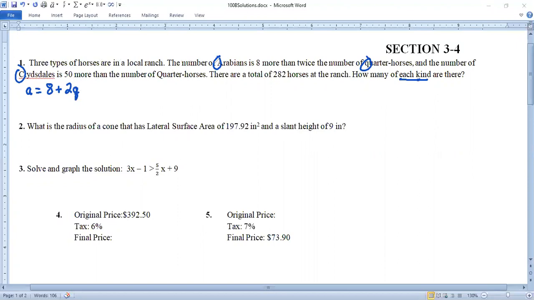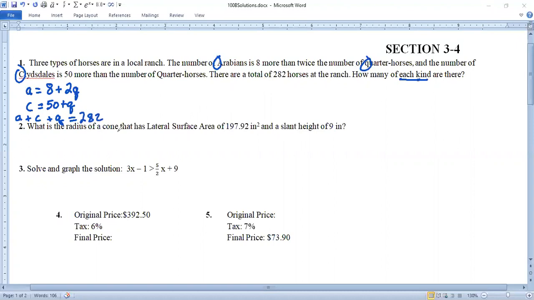So this statement gives us one equation. And the number of Clydesdales, C, is 50 more than the number of quarter horses. That's a second equation. Then the third equation is the total, so Arabians plus Clydesdales plus quarter horses has to add up to